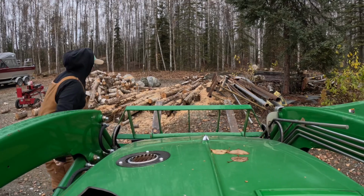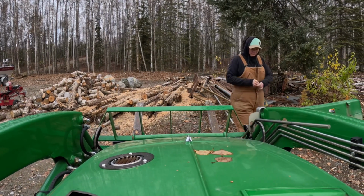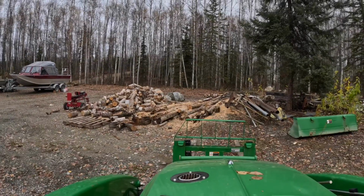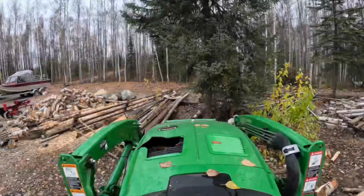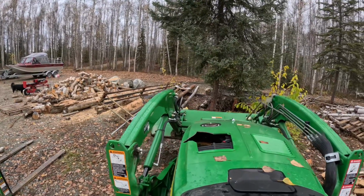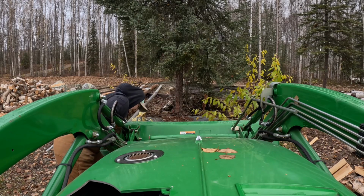First things first, I need to swap out the forks for the bucket on the tractor. One of the main things that I have found is that tractors are not just for the boys. This thing has truly helped me with the cleanup and the different things that I have been doing, and the more and more I use it, the more comfortable I am using it, and it has been such a godsend